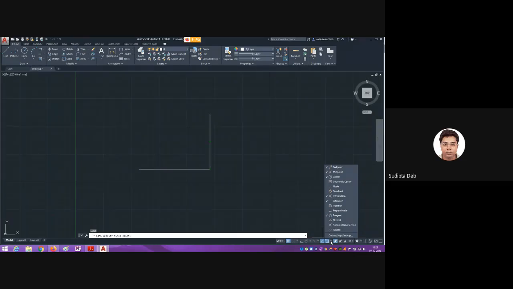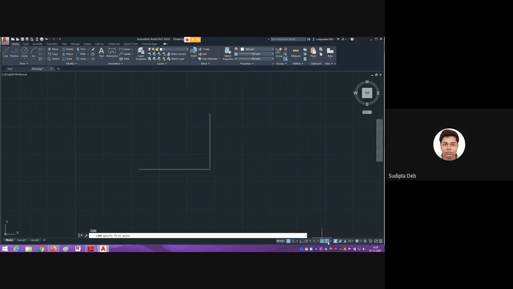Otherwise, it will not show that thing. Is it clear? You can turn these things on or off from here also.